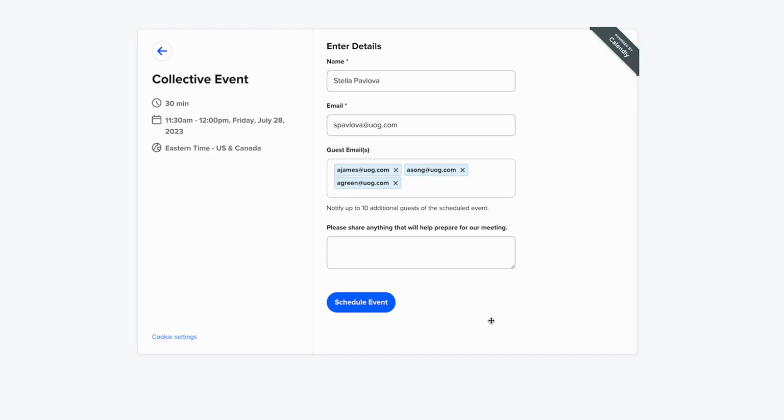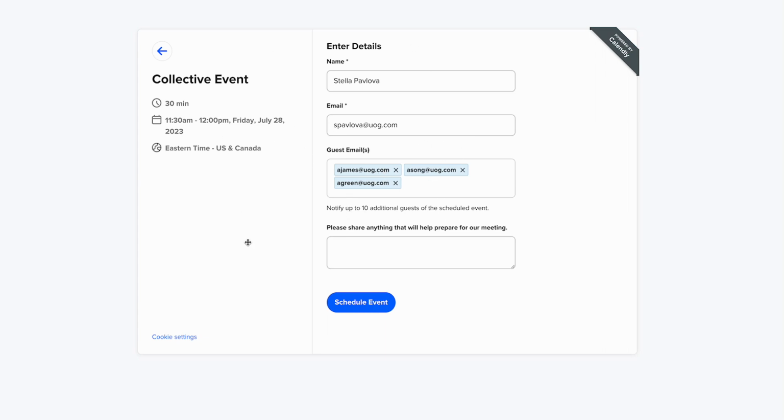In this video, we're going to walk through the changes in the Calendly Salesforce integration package, version 2.5. Now, before we get into the details of the specific components that were added and new flows, I first want to walk through probably the biggest change, and that is adding support for additional guests as well as collective